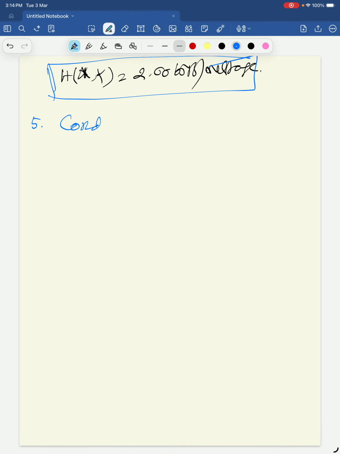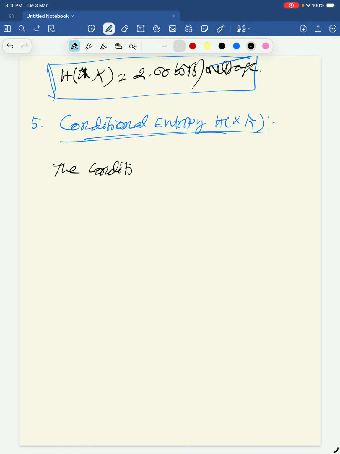Conditional H of X by Y. This is conditional entropy. So conditional entropy, this is much important. Now we know that the conditional entropy H of X by Y can be written as